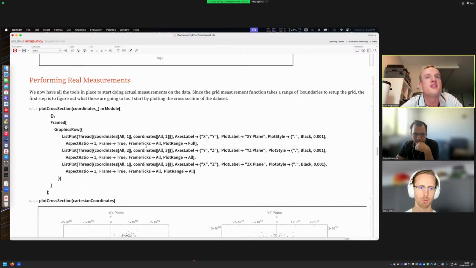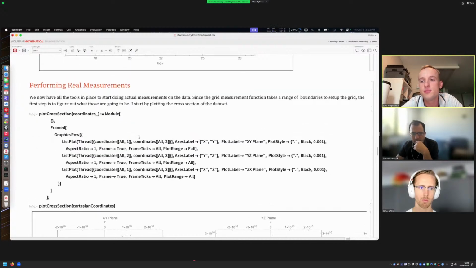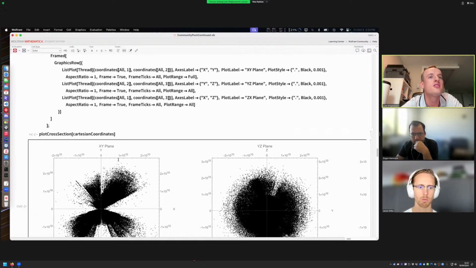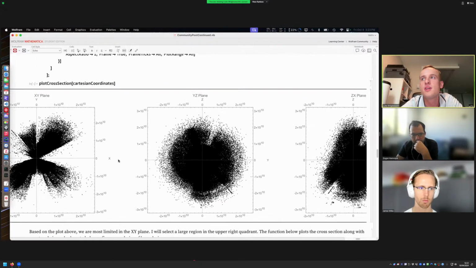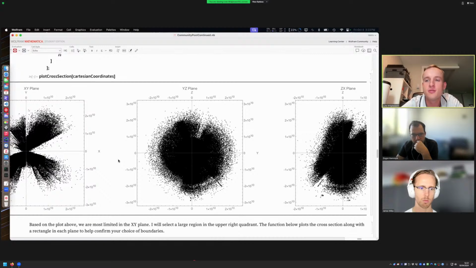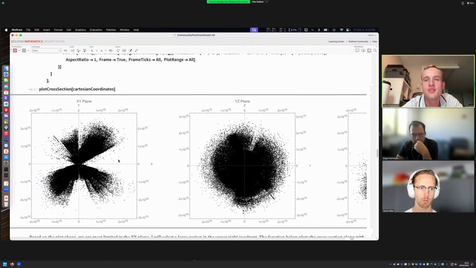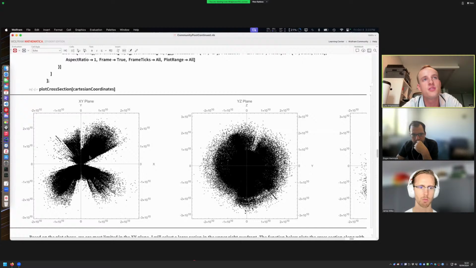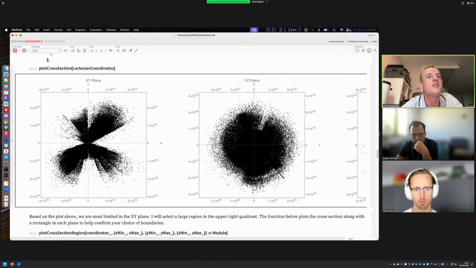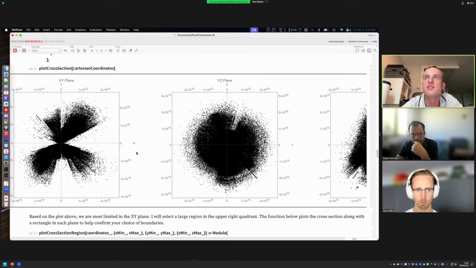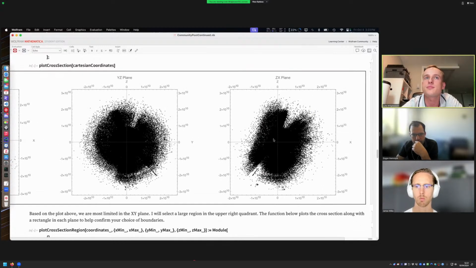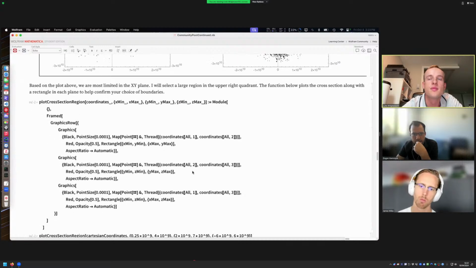So now I went ahead and tried to do real measurements on the data. The location I chose was not really rigorously determined at all. I just selected a large area that looked somewhat uniform. So this is the projection of the data set in the 3 planes. What I did, I made another function that lets you put in coordinates of a box, and